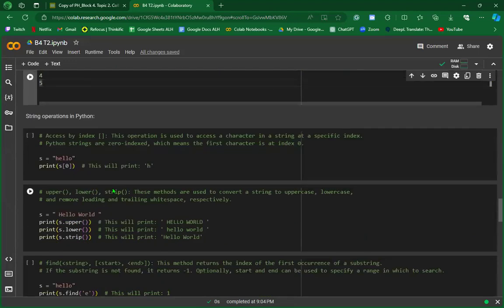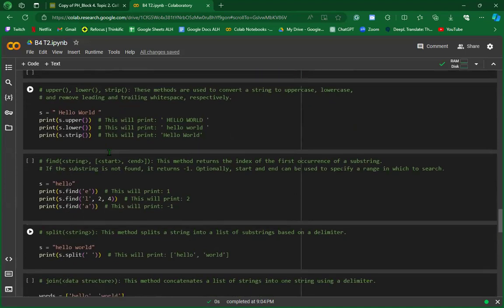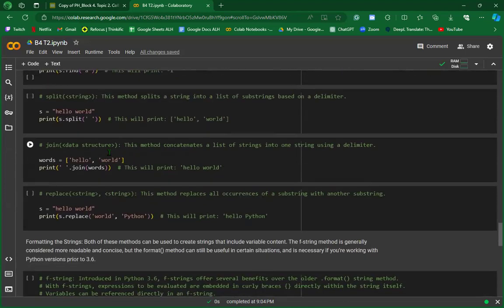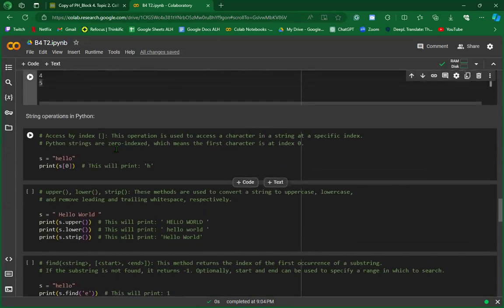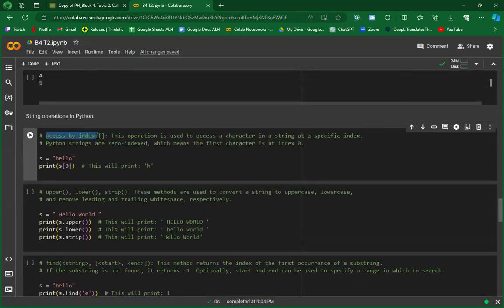Now, string operations in Python. This is not that much. It's about 6. So again, you'll have your indexing. So that's your brackets. So string is represented by s equals hello. So when you print s[0],